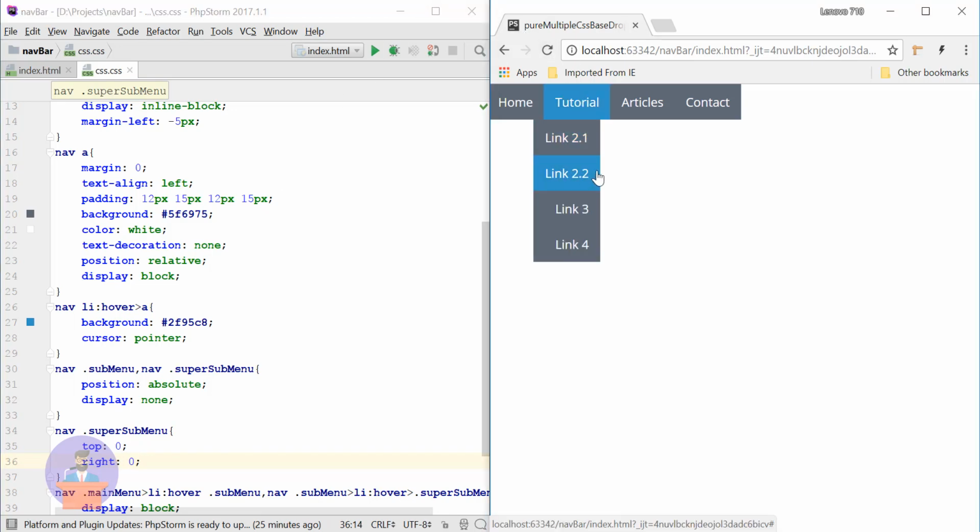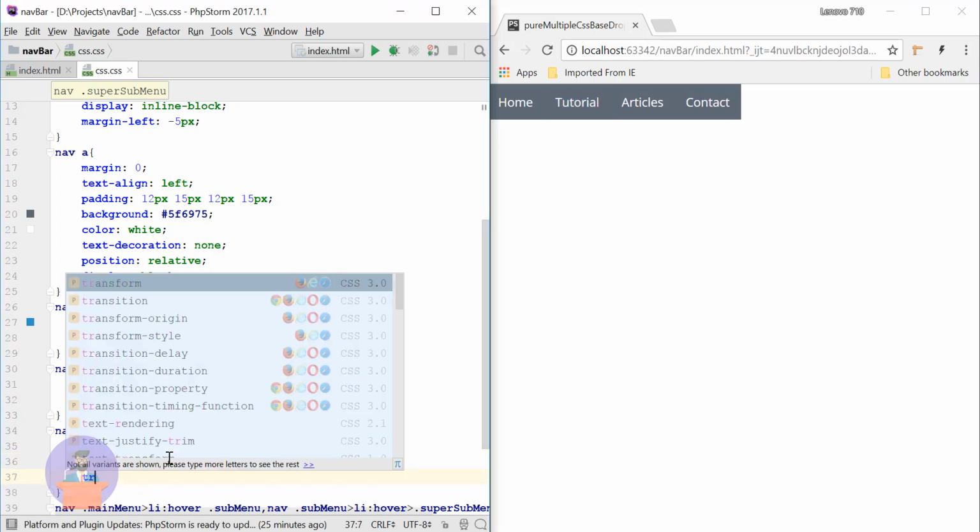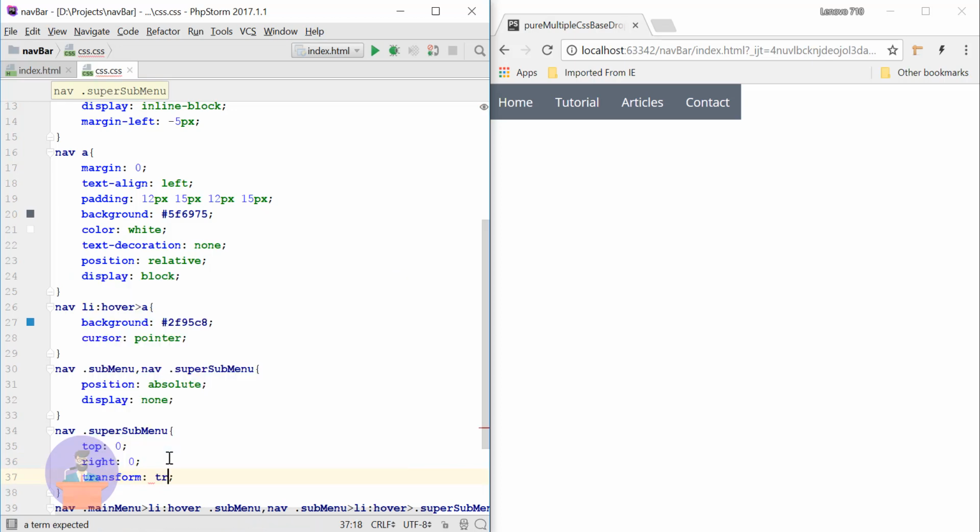Right now it is coming at the level of this link 2, but we need to transform this to the right side. So here we will use the transform property, and I will use translate, and I will move the super submenu positive 100% in X direction. So let's just refresh our page.